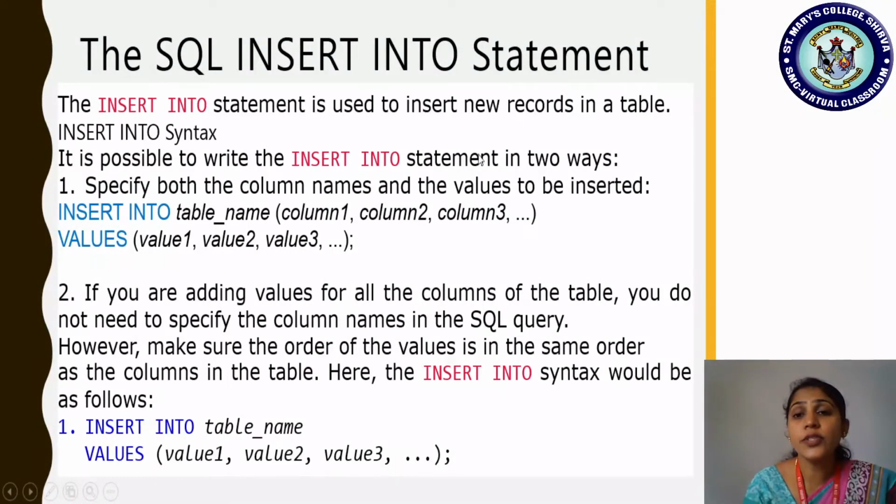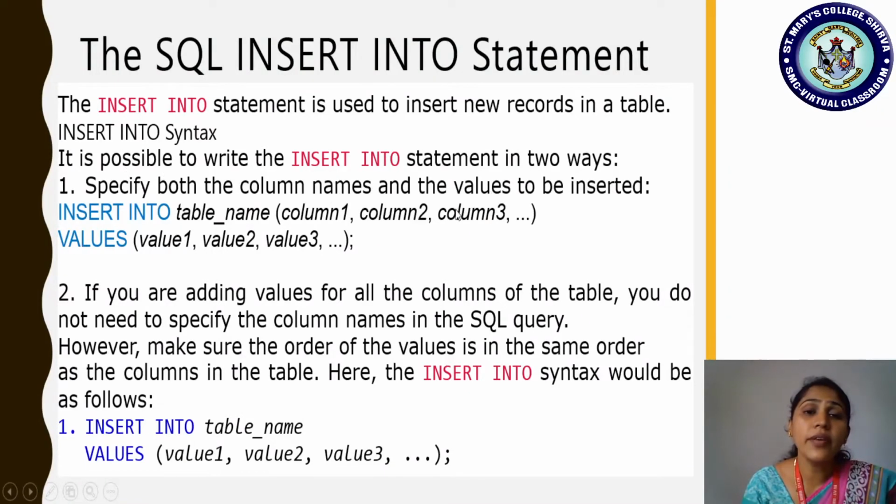It is possible to write the insert into statement in two ways. There are two methods by which we can insert the data. The very easiest way is shown, and a little bit lengthier, or the alternative, is also shown. So just observe one way of using the insert into statement. What is it? Specify both the column names and the values to be inserted.